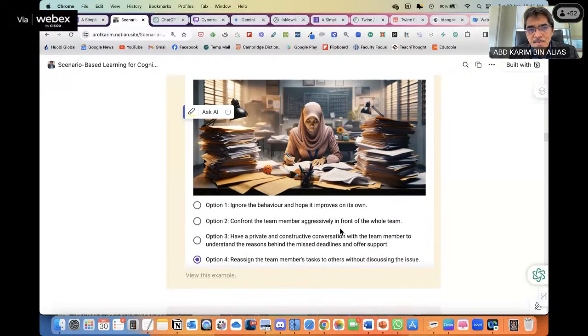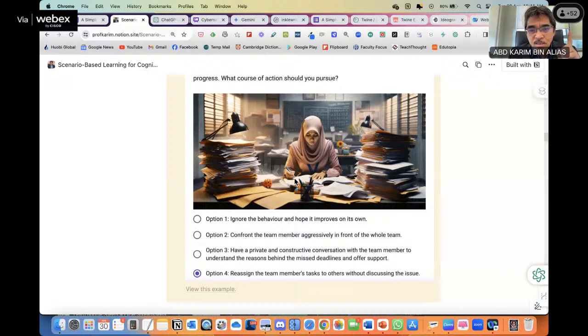And then after that, maybe we can see one example of how we can design a more complex scenario, maybe a branching scenario with 2 decision points. In this example, there is only 1 decision point with 4 options.